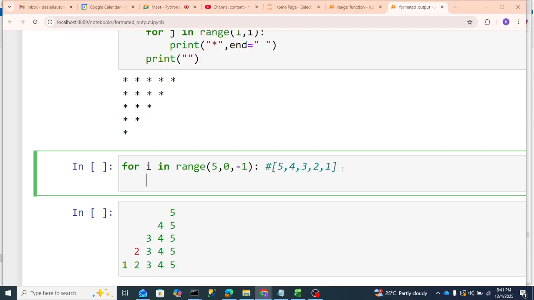Now, before printing the values, I need to display the spaces. So this is a loop for displaying the spaces, for S in range. In the first row, how many spaces do I need to display? 4 spaces. Correct. So if I start from 0, no need to mention 0. If I write I,